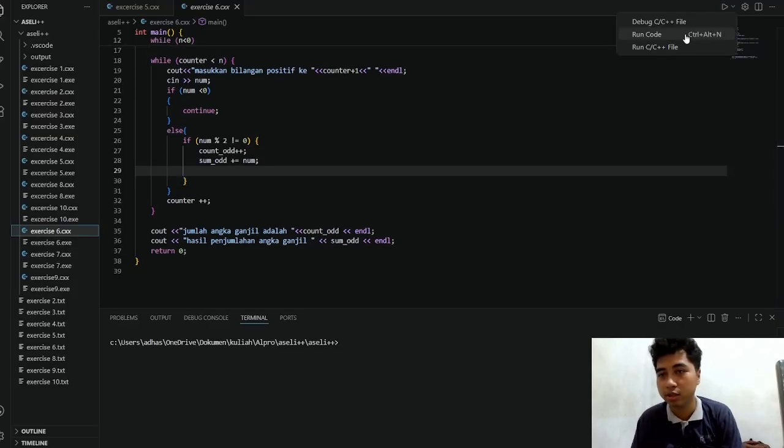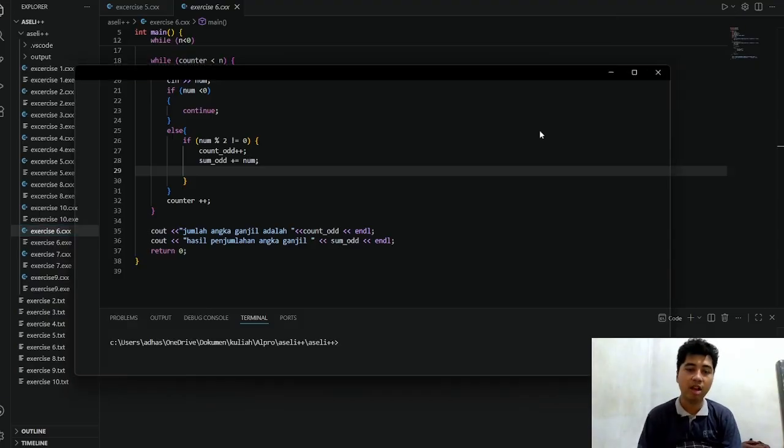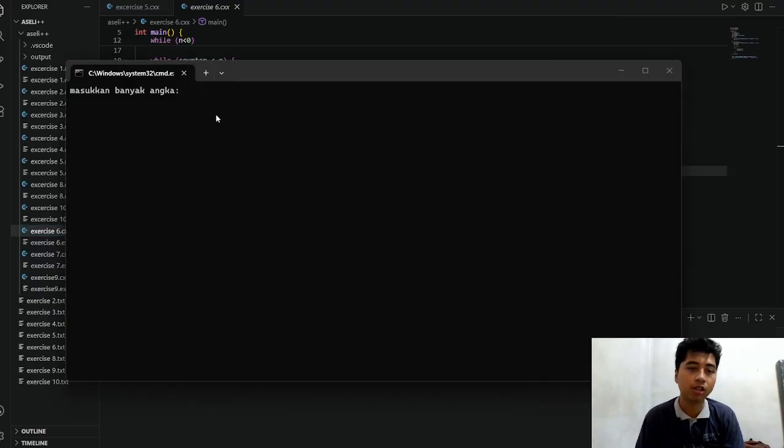Let's run it first. Okay, we need to input many integers. First I will enter 4. After I input 4, that will be the n, and we need to input as many numbers as n, which is 4.